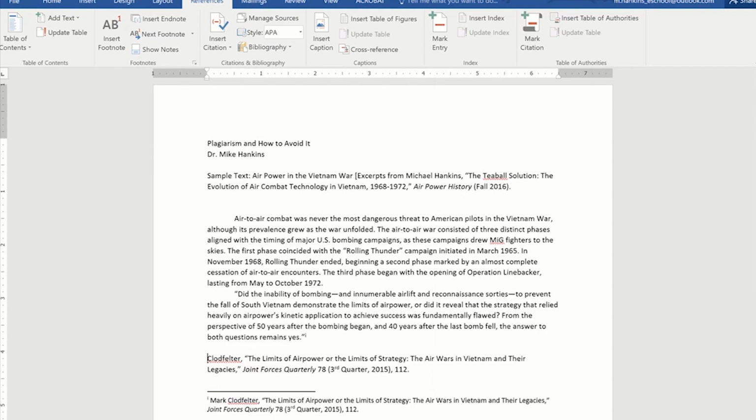You would need to reverse the order of this: last name, comma, first name, period, and then the title of the article in quotes. You put a period there, Joint Forces Quarterly 78, third quarter 2015, and then here you would put a colon and the page number range for the entire article, which is 111,